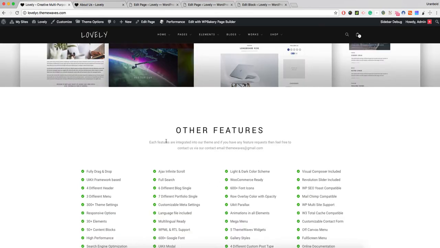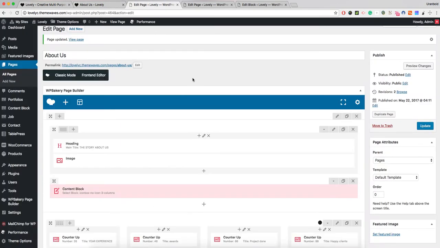And also if you inserted it in any other pages, those sections are going to be updated too. This is a really time-saving element,